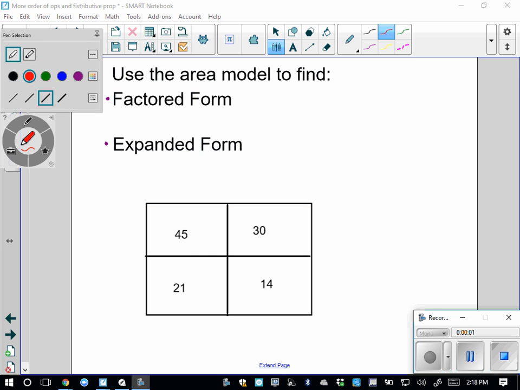Theory, model, practice for factored form and expanded form. When you have a box like this, there are numbers in the box, and you're looking for common factors. So if I focus just on the top row, and I look at 45 and 30,